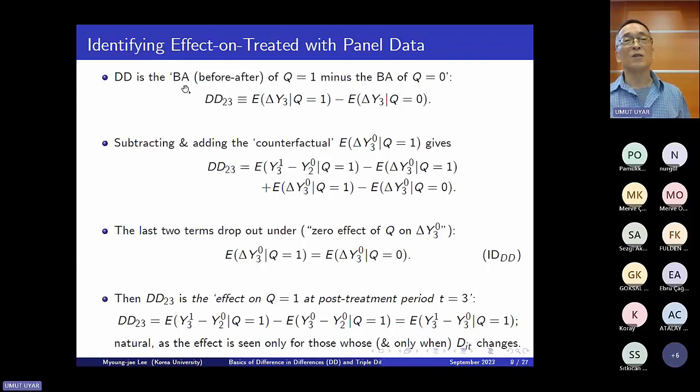Yeah, this is DD. This part is BA. The first part is BA of the treatment group. The second part is BA of the control group. And the difference is DD for periods 2 and 3. So the critical step is that